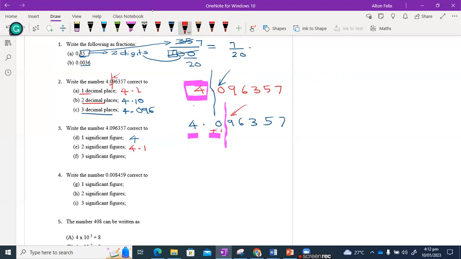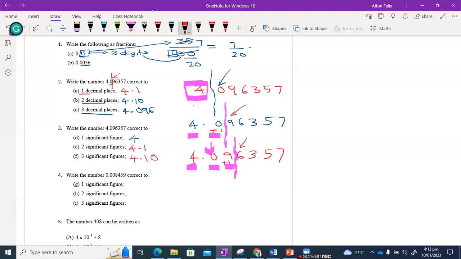Let's go to the third one, 3 significant figures. So we write the number 4.0966357. Let's count again, 3 significant figures, 1, 2, 3. Notice that you still have to count that 0, right? In this case here, you must count it. So it's 1, 2, 3. And we will pull our line right here. And of course, we examine the next digit, which is the 6. It's more than 5, so we'll add 1 to this 9, and it becomes